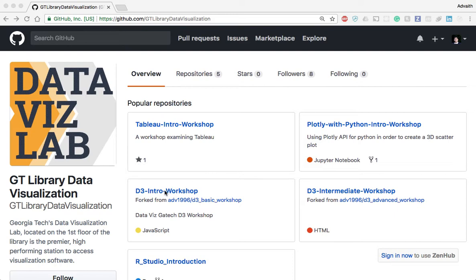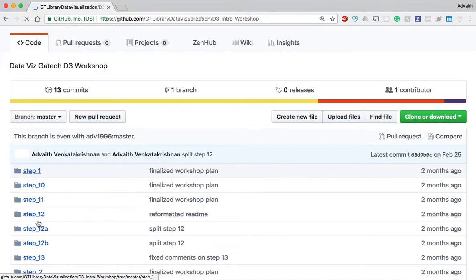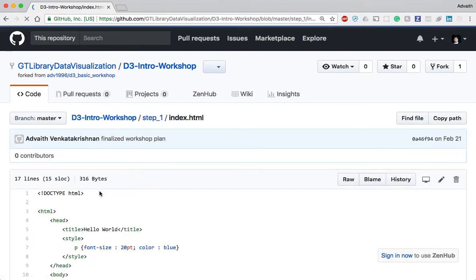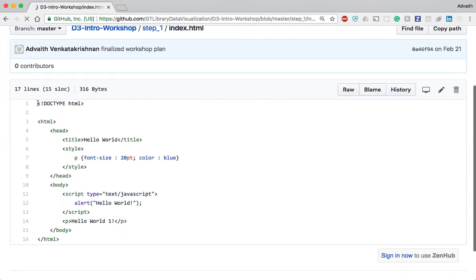So to go ahead and get started, let's click on the D3 Intro Workshop folder. Once we have that, we're going to see that the steps are listed 1 through 13, and we're going to start the first step, which will be our intro to HTML. D3 uses JavaScript and HTML because D3 is a JavaScript library and it needs to manipulate the DOM objects in HTML, and DOM is basically the document object model that controls the different elements that you see on a web page. So this is our index.html file, and we're going to copy and paste this,